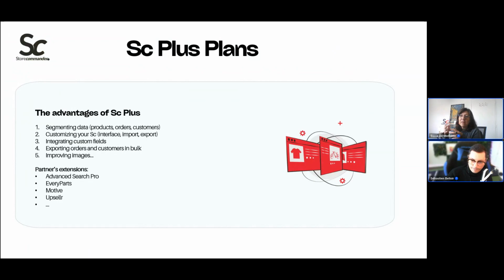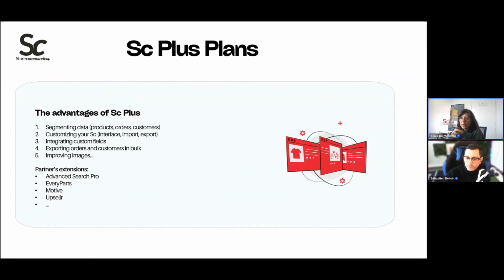The first one included in the Plus plan is that segmentation tool we're going to be talking about today, which is beautiful. But you can also customize your interface, as well as the import and export, by integrating custom fields. So if you install a module or your agency adds some custom fields in your PrestaShop, you can integrate them into your Store Commander, so you can manage all these fields within your Store Commander as well.